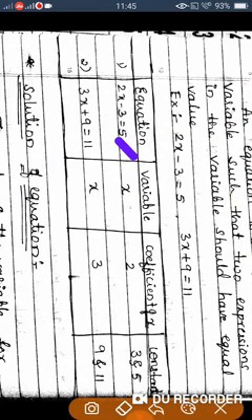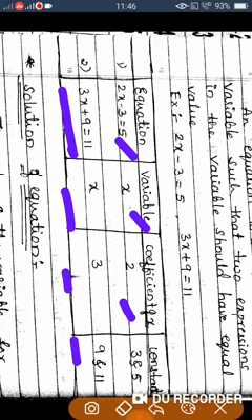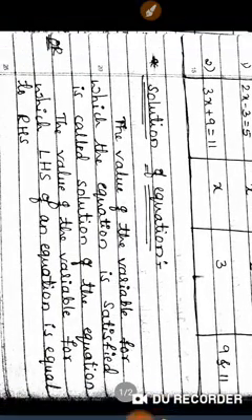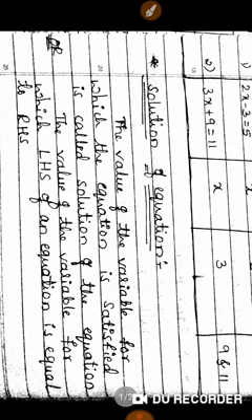So here I have made the list. In the equation, the variable is x, the coefficient of x is 2, and the constants are 3 and 5. You should not take the sign here to name the terms. So these are the terms. How many terms are there? 3x is one term, 9 is another term. You have studied all this in algebraic expressions. So now what is the meaning of solution of an equation? Because in this lesson, a question may ask you to solve an equation.